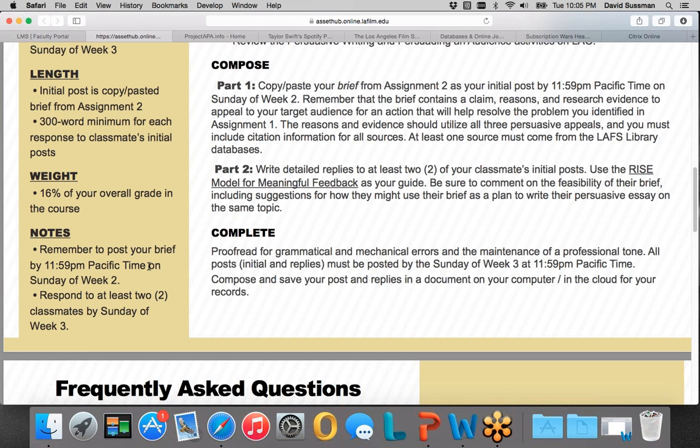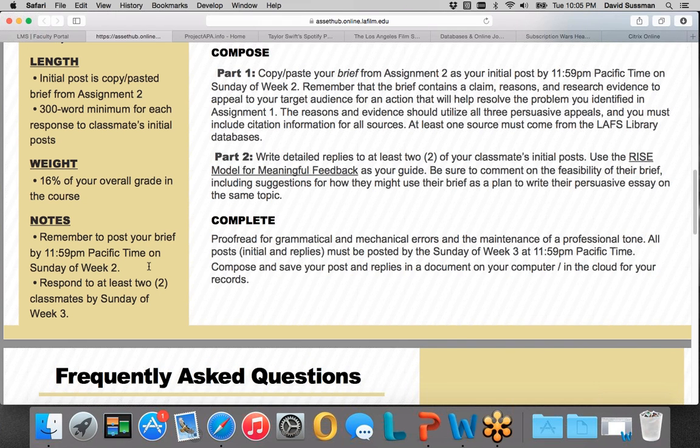I don't want to see a bunch of people pasting their work to the board on Sunday and responding to 2 people on Sunday and doing everything on Sunday, because that means that there's not the full class participating together, offering each other the full range. I mean, if the 5 of you have already posted to the board, and it just remains the 5 of you, that means that you're only responding to each other, and then everybody who enters late creates a whole sort of chaotic thing. So don't wait until the last second.